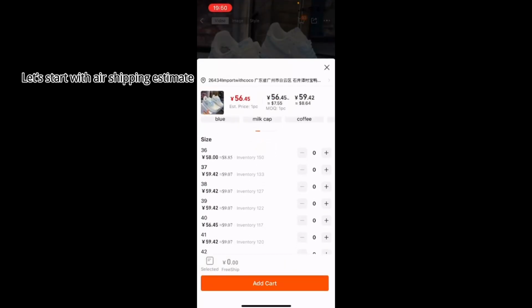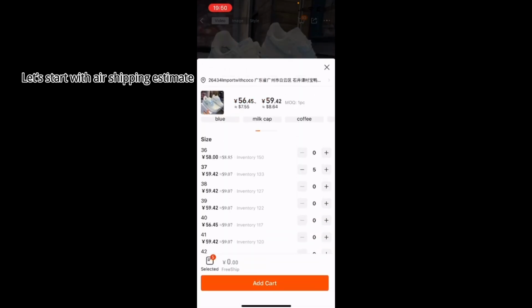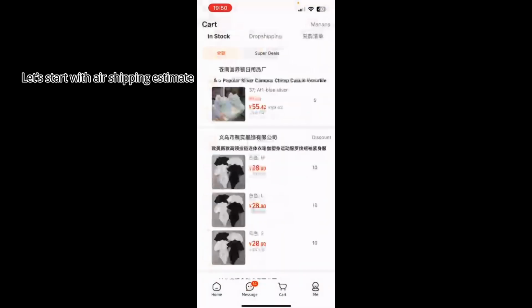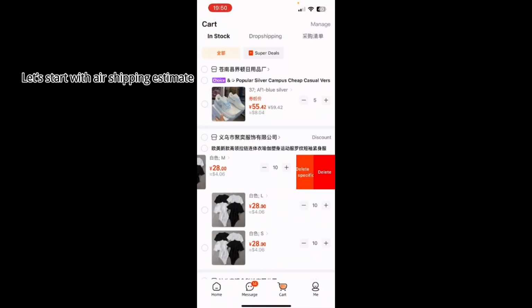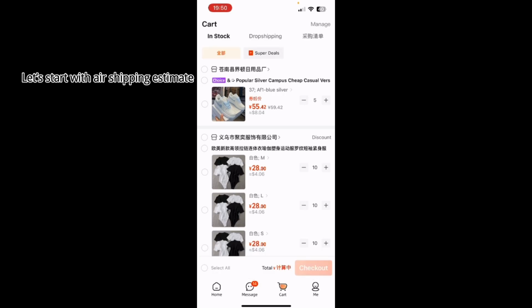So peradventure we are getting 5 of it. 5. Then you add to cart. I'm not going to go over what I've already taught you before. So you should understand what I'm doing now, because we've gone over the majority of these things, right? So this is how you can check the price if you are getting more than one item. So when you click on the item here,